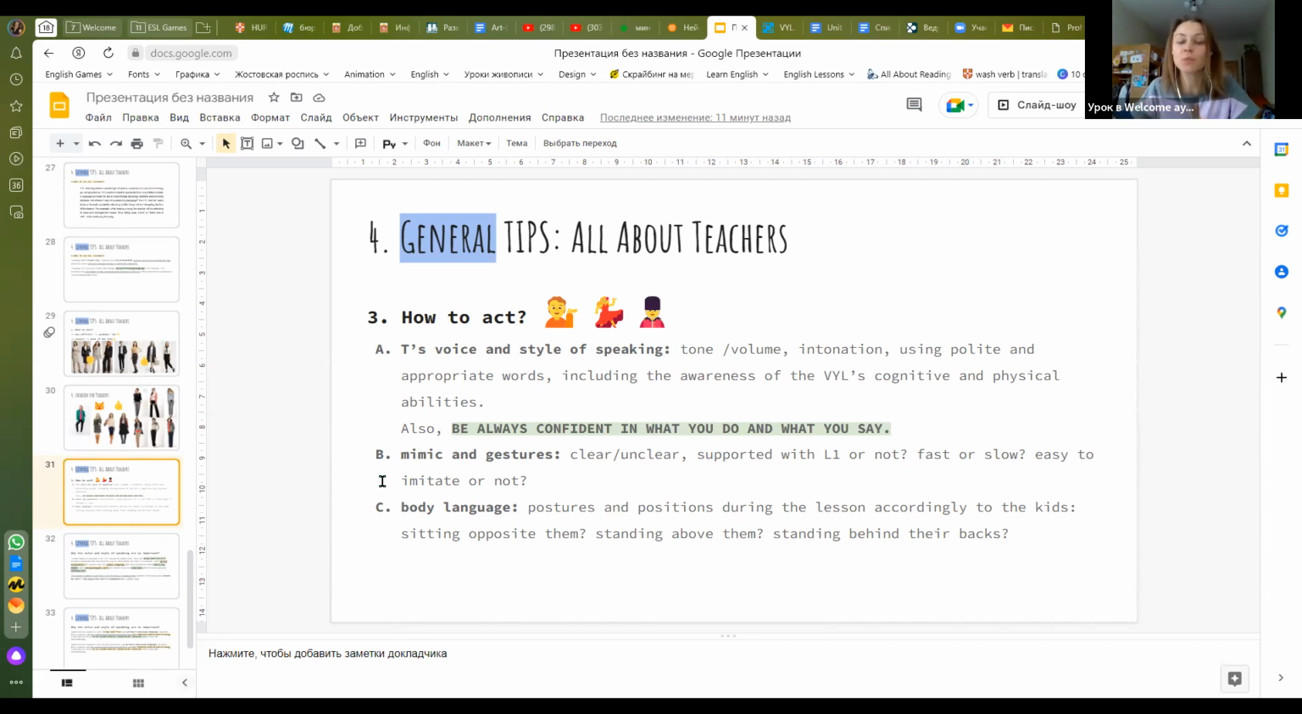Okay, what about your miming and gestures? They should be clear, your gestures, yes? They should understand what you mean. Sometimes you can support them with L1. Maybe it's not a straight translation, but still something like an explanation of your gesture, like,